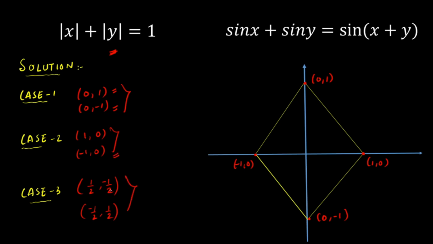Similarly I'm going to put these two on the curve, that is 1 by 2 comma minus 1 by 2, that is in the fourth quadrant. Now again this point is lying on the curve mod of x plus mod of y is equal to 1, so this is accepted. Similarly minus half comma half will be opposite to this point half comma minus half, that is in the second quadrant. Now again minus half comma half is lying on the curve mod of x plus mod of y is equal to 1. So all these 6 will be our final answer, and that will be all.